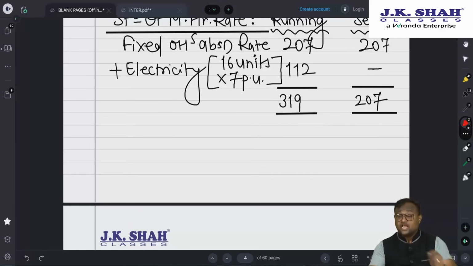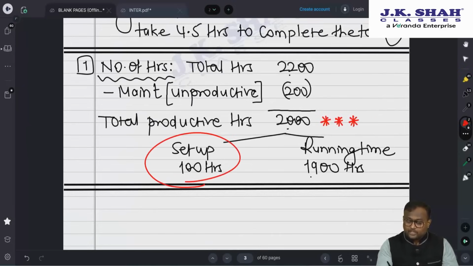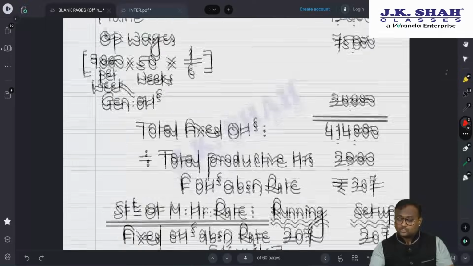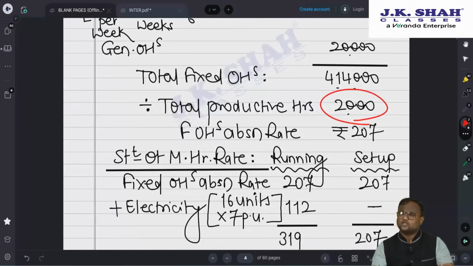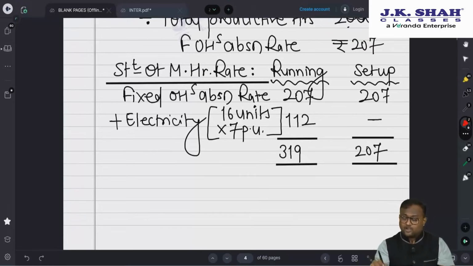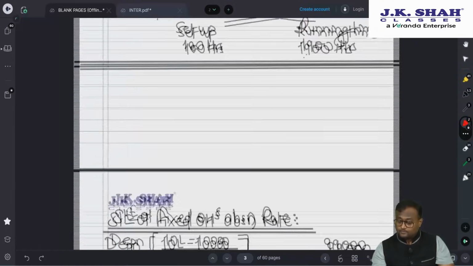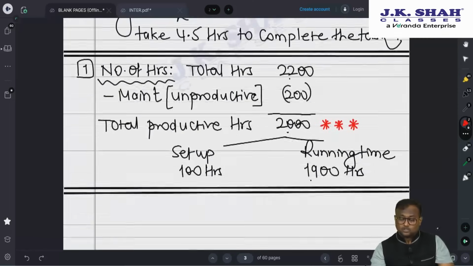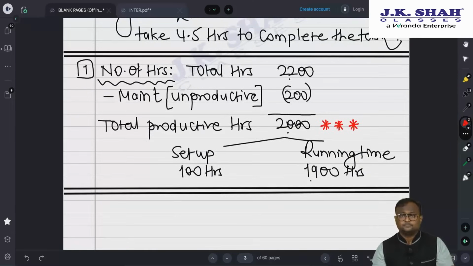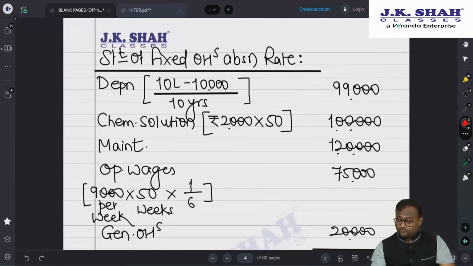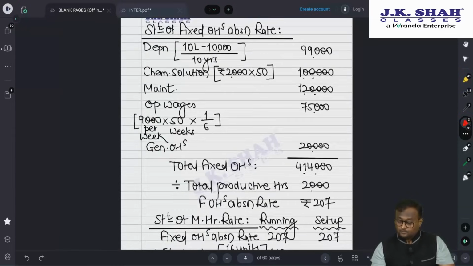Okay, if setup time was unproductive, then in that case, even this 100 would have got deducted from 2000. There would have been only one productive phase of 1900 hours. Your entire fixed cost structure would have got divided by 1900 hours, because there is only one productive time, and that is 1900 hours. You would have got some different rate. I would have added 112 to that as power, and I would have got the total cost. So this is what the solution should be. This is what the solution is. Your first working. Both are productive phases. So this is your